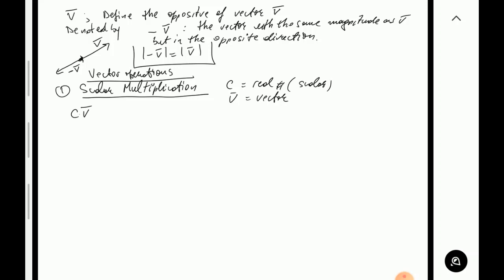actually use the dot, because a very emphasized dot will be for a different type of operation, and it's better to just use the convention from real numbers that if I don't specify anything between the two variables, then that's essentially the multiplication. Although this is not, of course, the multiplication between numbers, because this is the multiplication between a real number and a vector. And the result is going to be a vector. So what is cv? What is this scalar multiplication? This is going to be a vector